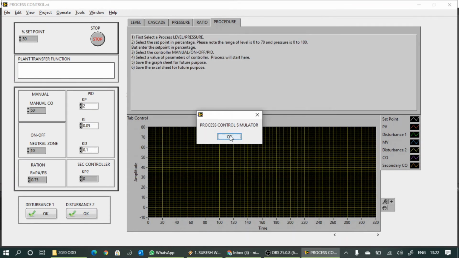Here again we are simulating the cascade controller and analyzing how the cascade controller is reducing the effect of disturbance on the controlled variable directly.